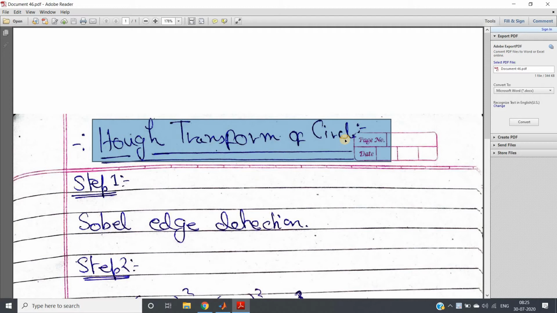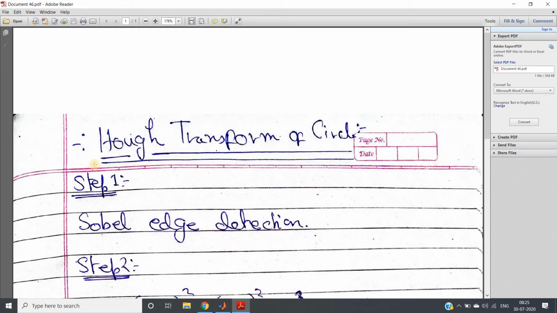Because whatever parametric equation we used for detecting straight lines, obviously we cannot use that for a circle. But here also an accumulator cell will be present. Here also, if some particular equation is satisfied, then we will increment the accumulator value. But previously for straight lines it was the theta-rho space or the MC plane. Here it will change because we are detecting circles.